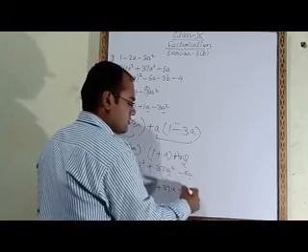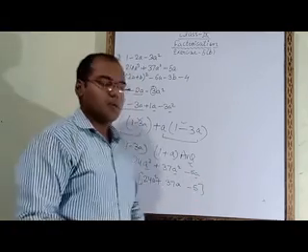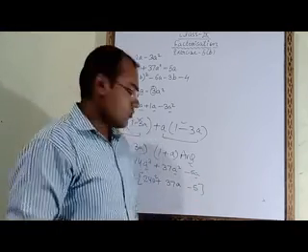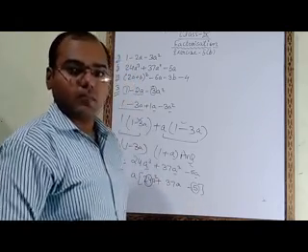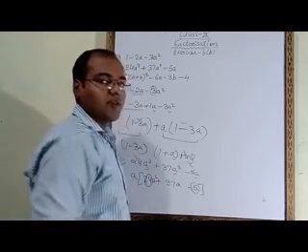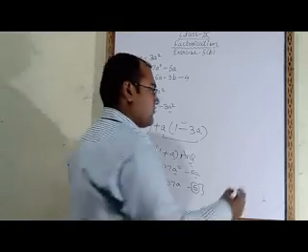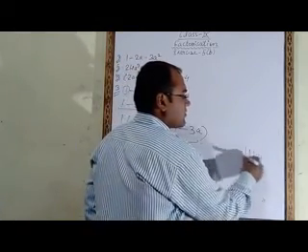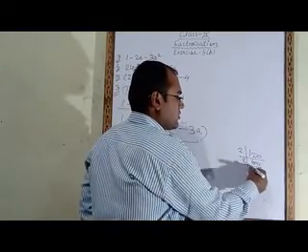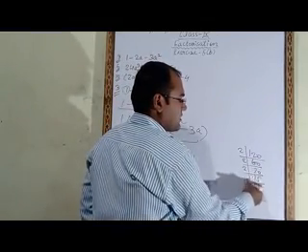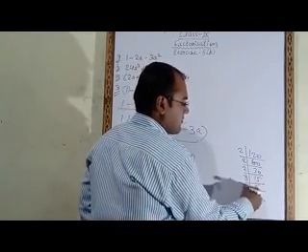A we have taken common, so here we have to write 5. Now what you have to do? This first number 24 and last number 5 we have to multiply. 24 multiply 5 will be 120. We have to find the prime factors of 120. 2 times 60, 2 times 30, 2 times 15, 3 times 5, 5.